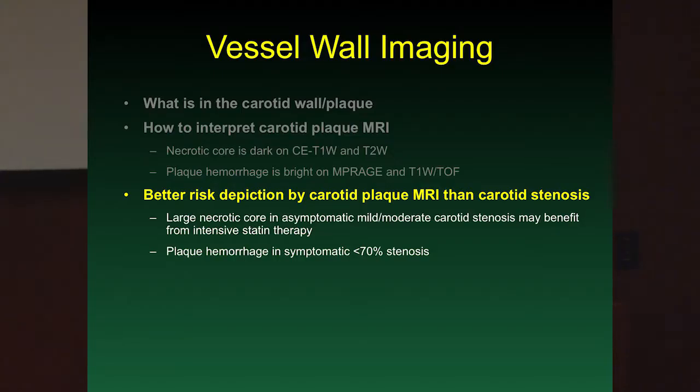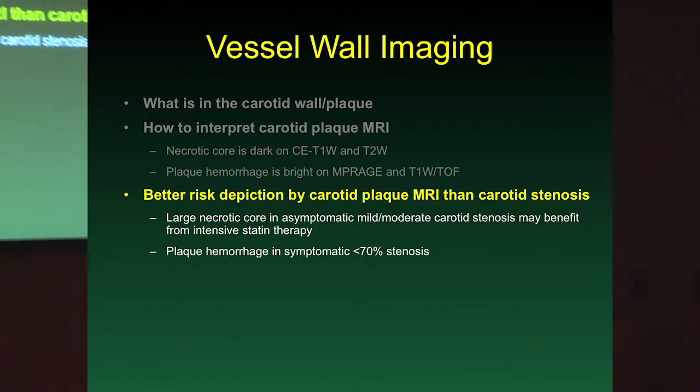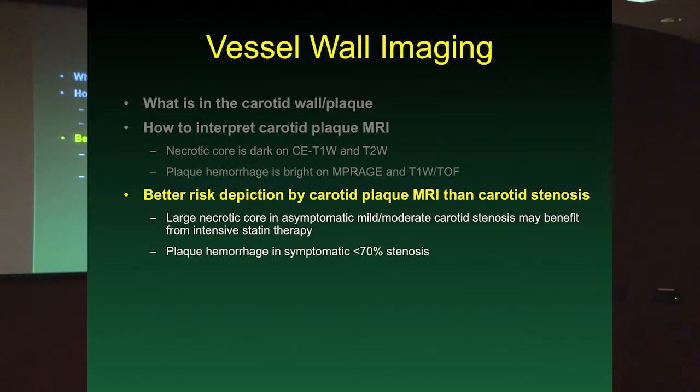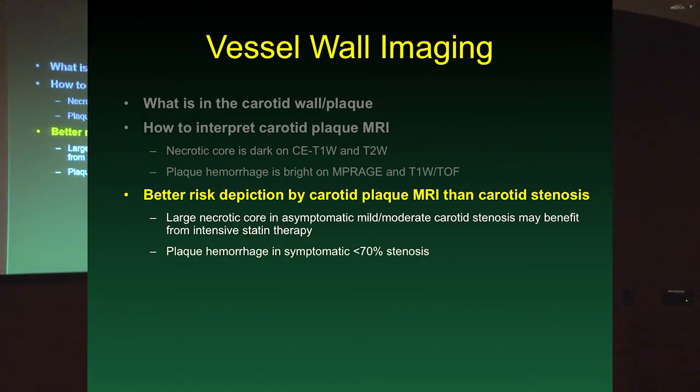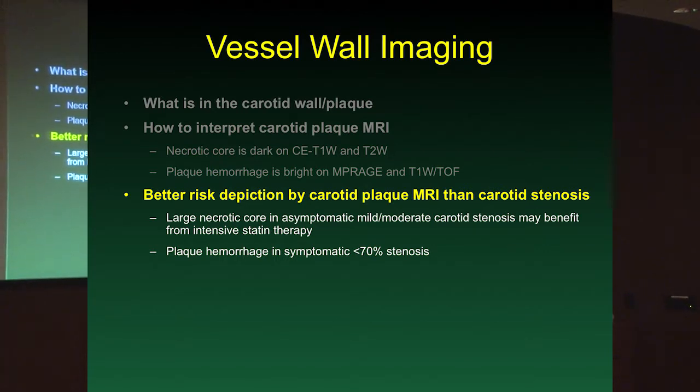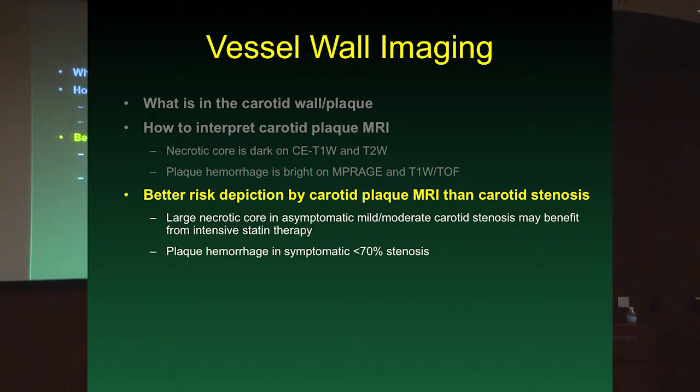And so that's how I like to segue into why we care about this. It's because it does a better job of predicting risk with plaque imaging than simple carotid stenosis. Now, admittedly, right now, the only randomized clinical trials that we have to tell a patient and a surgeon whether he should operate or not are the NASCET trial and ACAS trials that were referred to